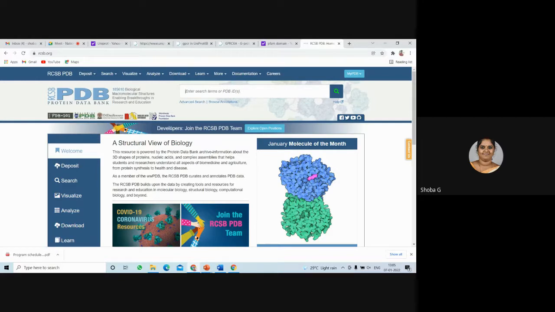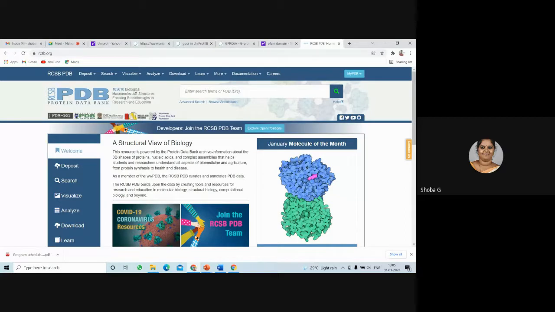So first, if the protein structure was available, how we need to download it and how we need to prepare that particular protein for docking, that part alone I'll tell you first. The PDB database is a unique database for protein structure data, where you have much information related to the structural details, that is, your alpha helix, beta sheet, everything present in the protein